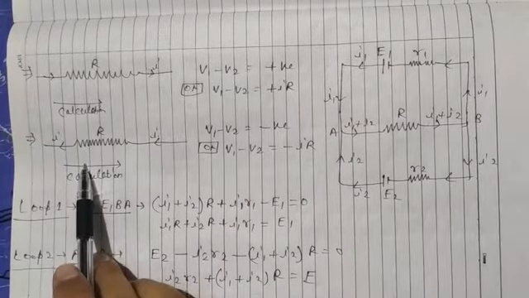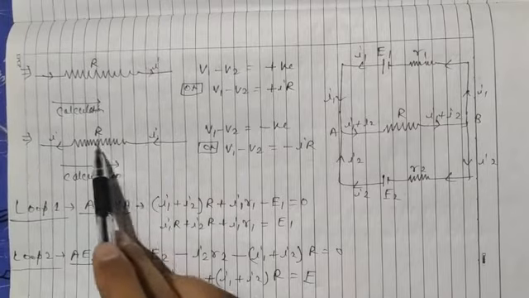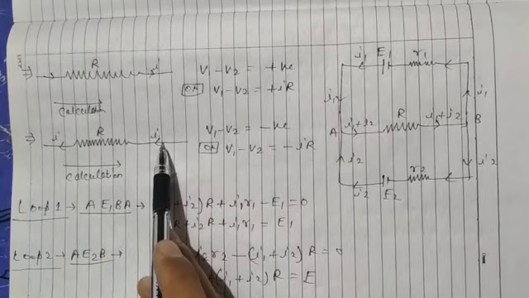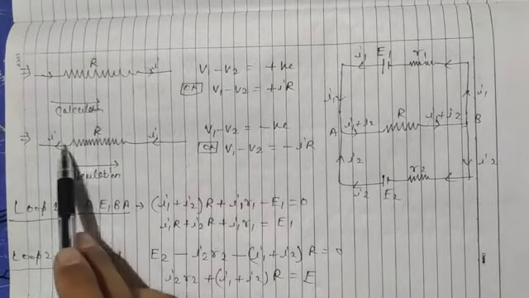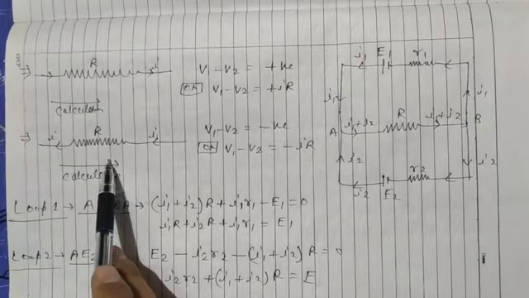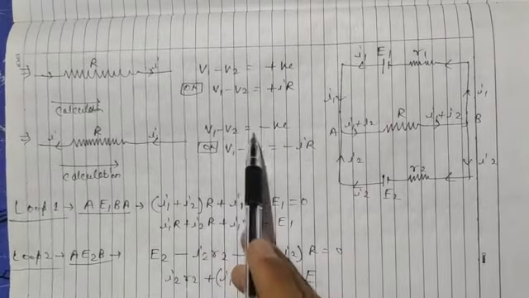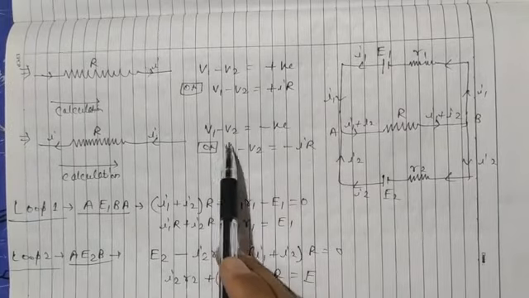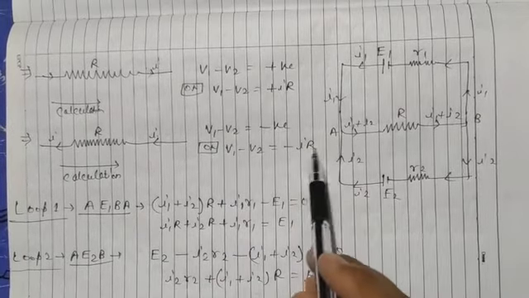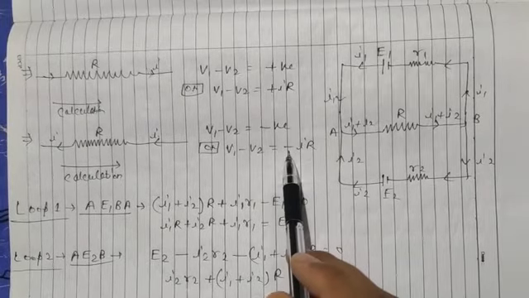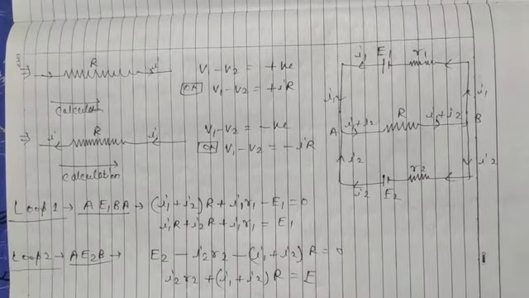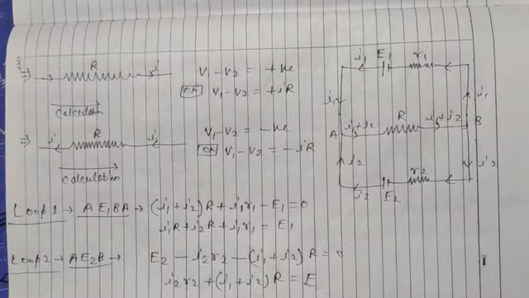Now suppose current is flowing in this direction, and the direction of calculation is this. Current in this direction and direction of calculation is this. Then the potential difference is negative. And how is the potential difference given according to Ohm's law? IR. So the sign of IR is negative. So these are the rules for calculating negative and positive potential difference across it. Now we have to apply these rules in this figure.